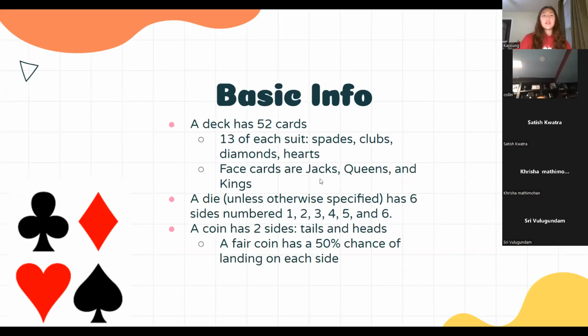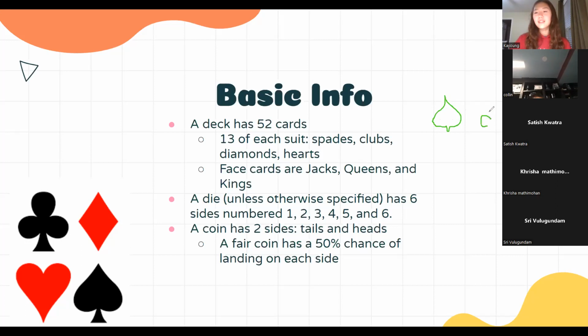So first, a deck of cards has 52 cards. And this is without jokers, okay? If you have jokers, then it's going to become 54. But a normal standard deck has 52 cards. And then there's 13 of each suit. I think that's how you say it: spades, clubs, diamonds, and hearts. I don't think you would really need to know this, but just so you know, the spade is the one that looks like this, kind of like a curvy triangle.